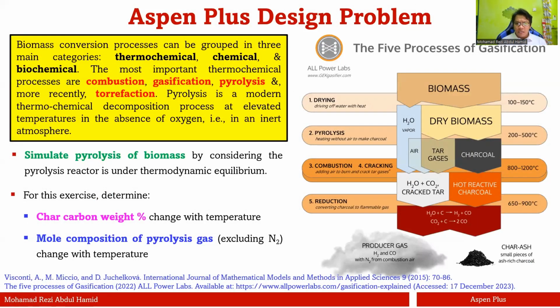Okay, before I begin, I would like to mention here that I am not really an expert when it comes to biomass chemical conversion processes, biomass thermochemical conversion processes, or even biomass conversion via biochemical process. I'm not really an expert on that because my research is completely different. My research is more on material science based on porous material synthesis, on membrane, gas separation, stuff like that. If I do mention something that is incorrect, I apologize, and please let me know what are the correct terms or what are the correct definition or explanation or mechanism when it comes to biomass gasification, pyrolysis, or even torrefaction